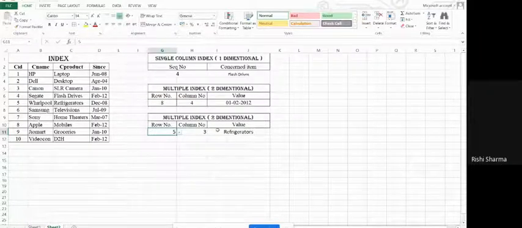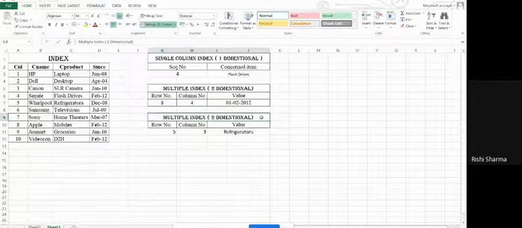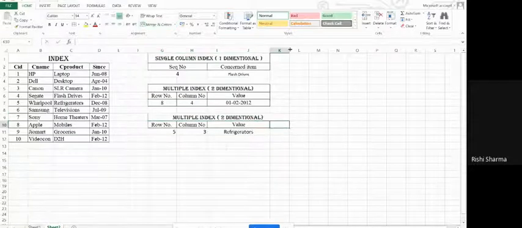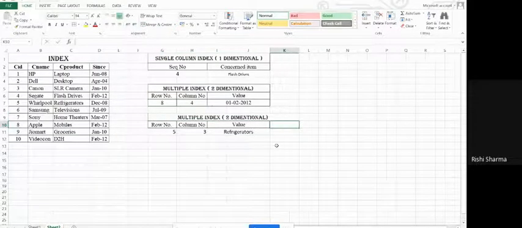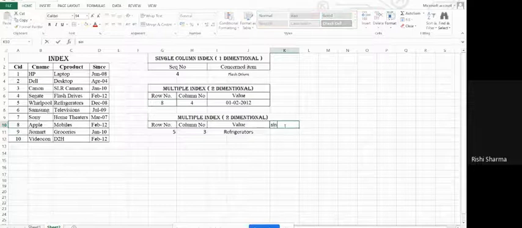That's fine. Now guys, see, I want to add one more column over here, and in that column I want to find out since when it is available. Since when.